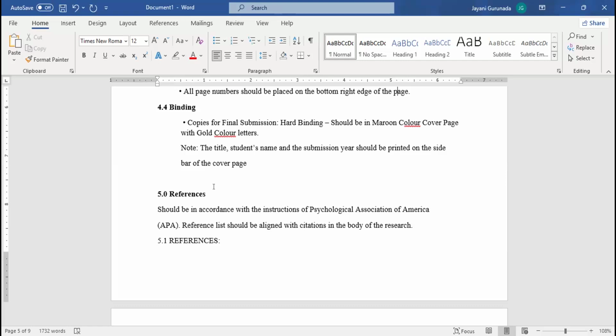Right. So then, references. The references should be in accordance with the instructions of the American Psychological Association. APA referencing is what you have to use. So then,